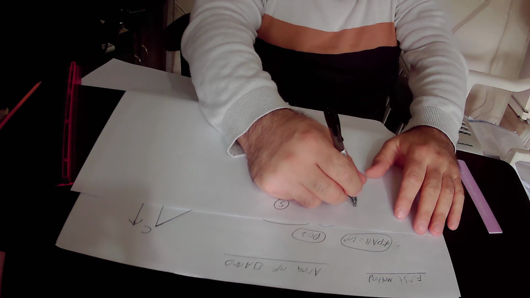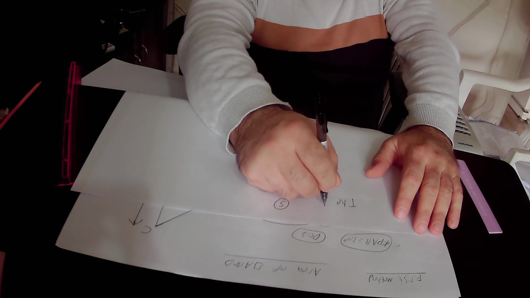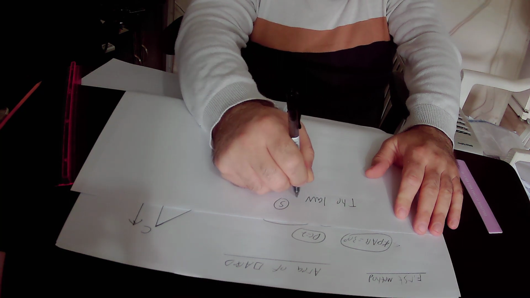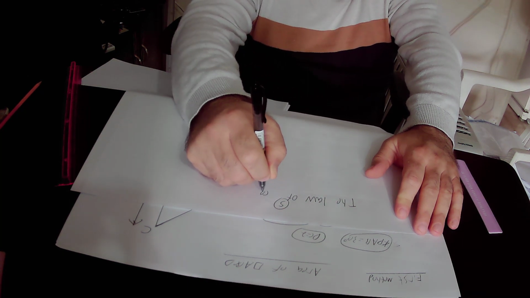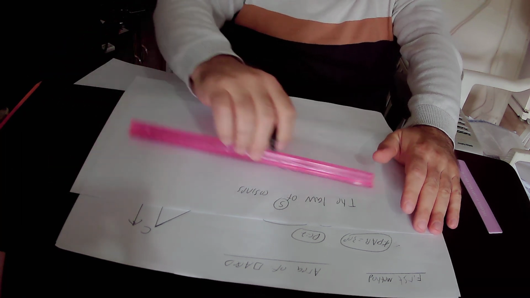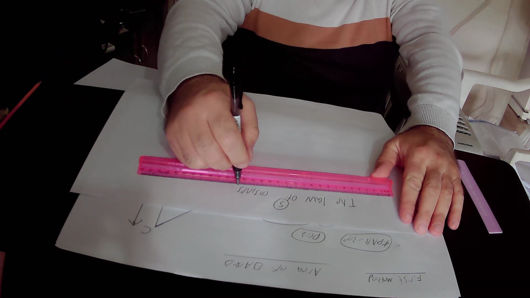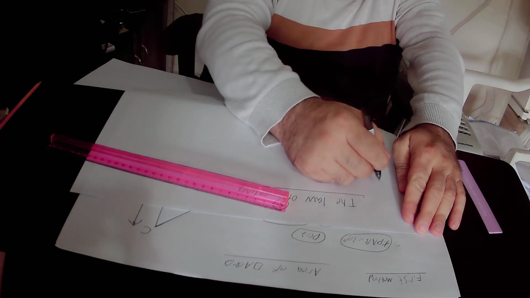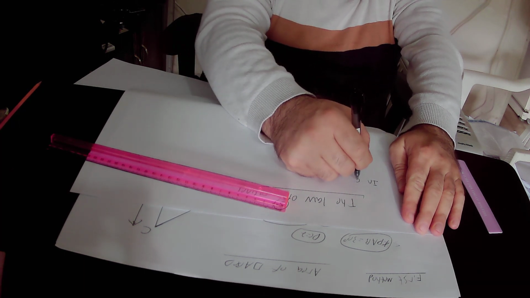The law of cosines. The law of cosines is true in any triangle, so you can write down that in any triangle